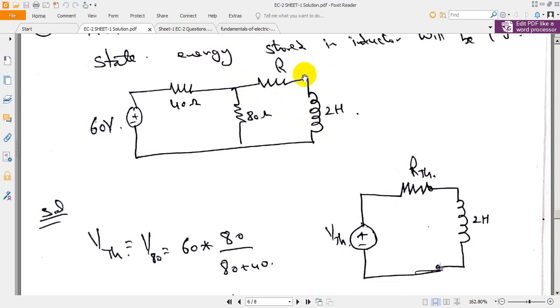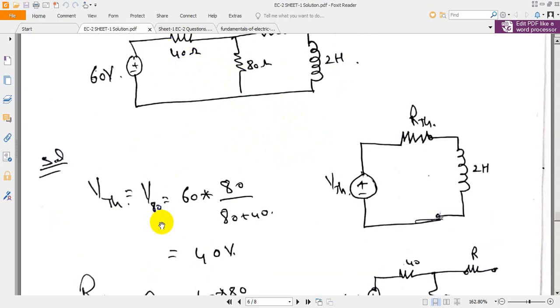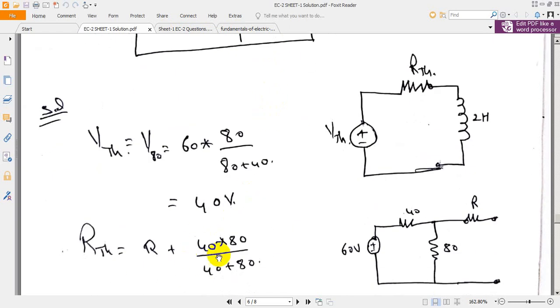When this is open, voltage across this should be equal to voltage across this. Voltage across this is equal to, by the voltage division method, V80 equal to the voltage across this terminal. In this closed circuit, by voltage division, total voltage into the same resistance divided by total resistance, 80 by 40, we will get 40 volts. Now R Thevenin, from here the total R Thevenin will be R plus 40 into 80